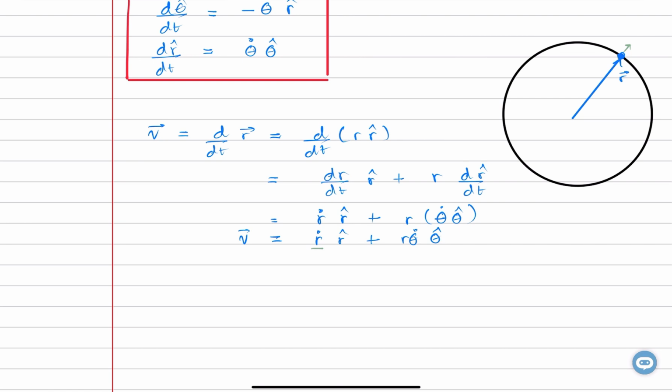But simultaneously, we also have another term to look at, which is in the direction of theta cap, right? And so I'll draw it like this here. This would be theta cap. Again, this is not to scale. What is happening in the theta cap direction is that you take the r and multiply it with how fast theta is changing with respect to time, and that is the amount by which the velocity will change in the direction of theta cap,